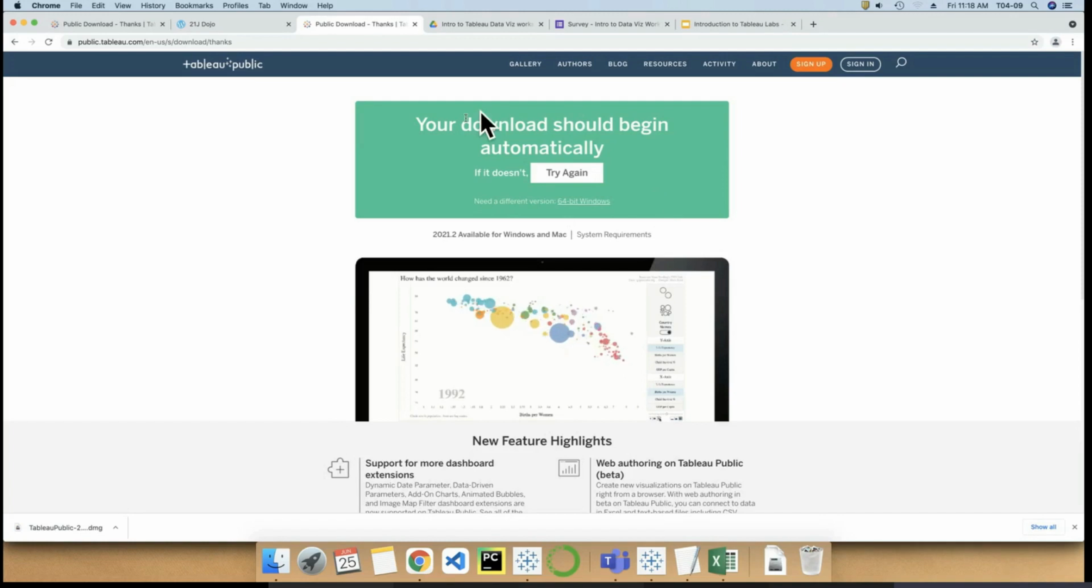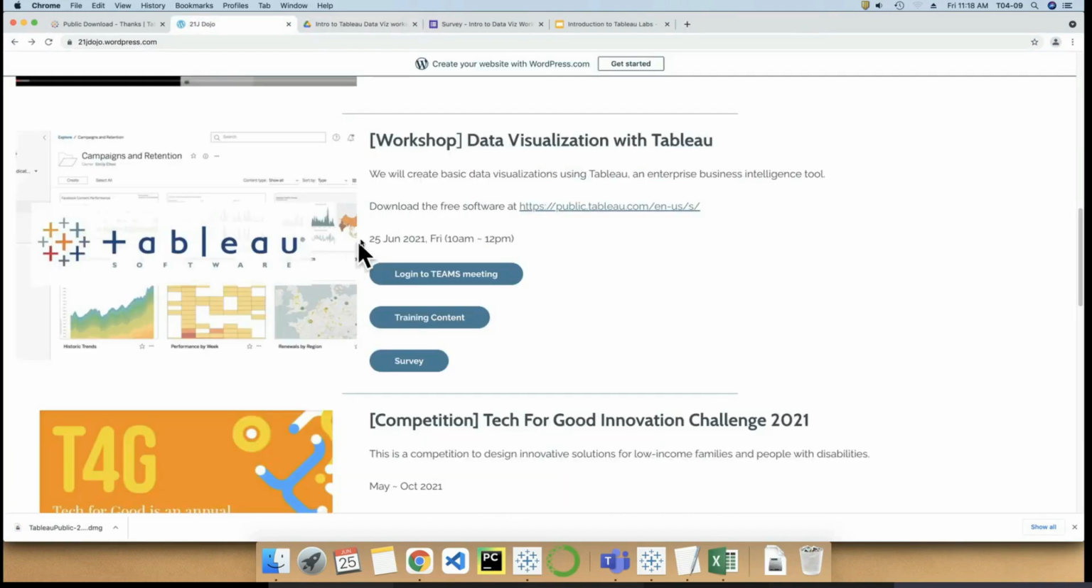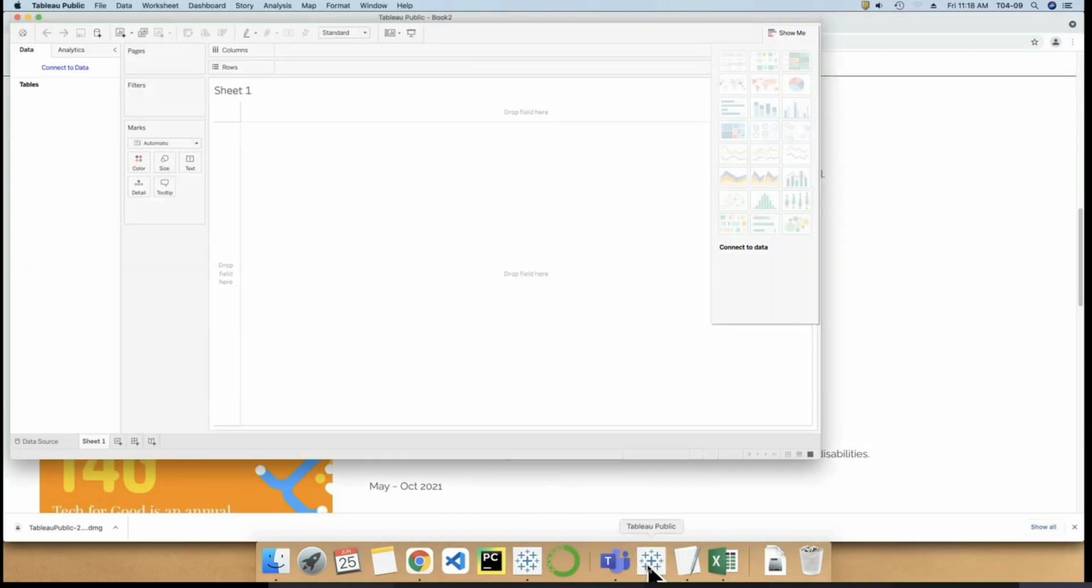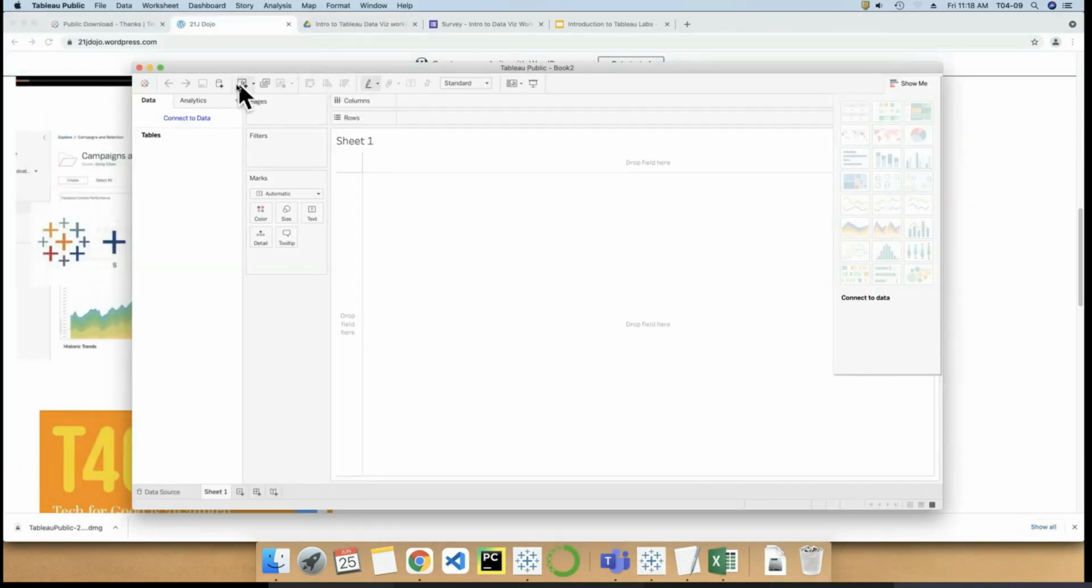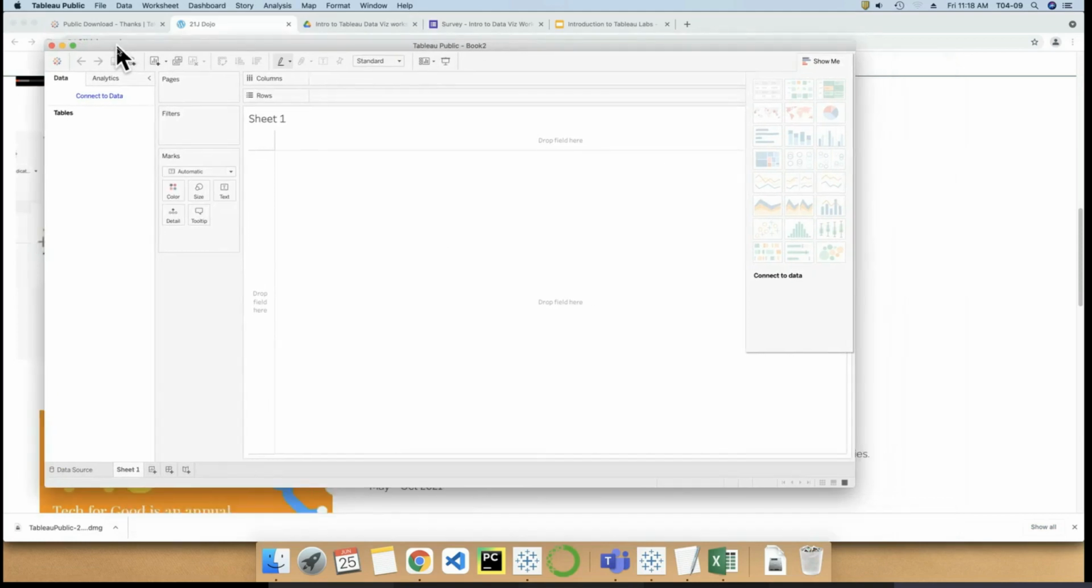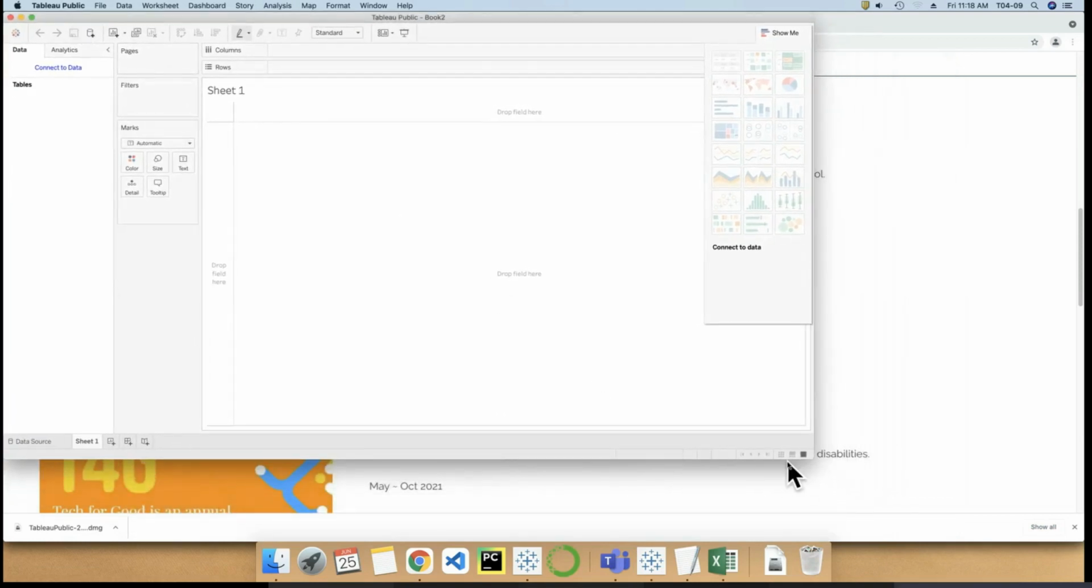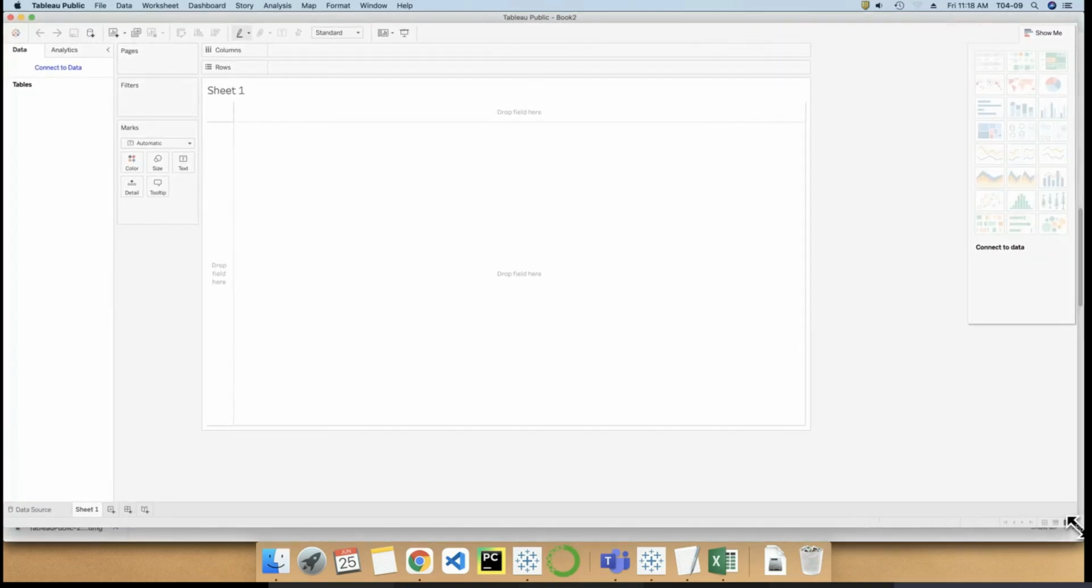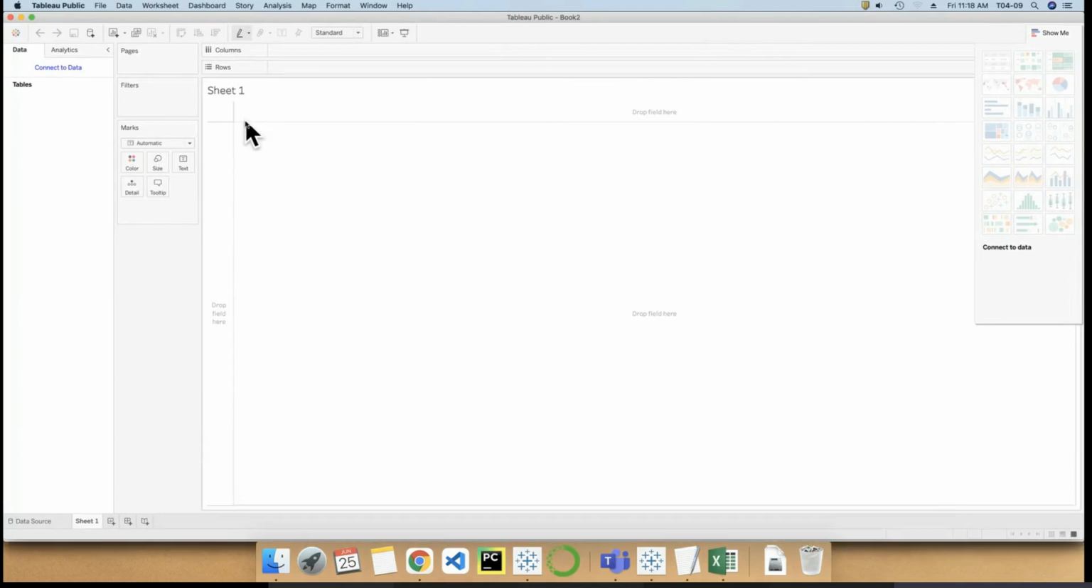So I presume you guys have downloaded or installed this software already. I will proceed to launch the software. After launching the software, this is what we will see. This is the interface of the Tableau Public tool. The free tool has some